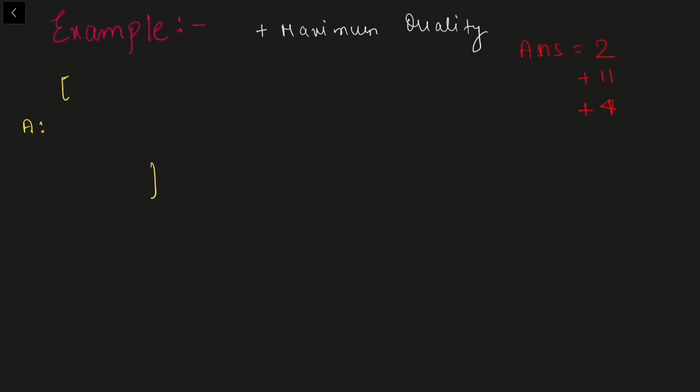Now since our x is 1 here and x by 2, when we do 1 by 2 integer division we get 0, right? And it is explicitly stated in the question that we cannot use quality 0, right? So our new quality that we will yield is x by 2, so that is 0 right here. Since we cannot use the quantity which has quality 0, we are not going to proceed here, right? So if x equals 1, we are going to just break out of the loop, and since the array is empty now, we cannot select any more quantities. So our answer will be the sum of all these elements. Okay, so that will be 16, 17. So 17 is our answer for this test case.